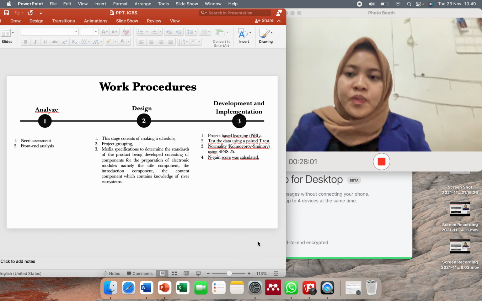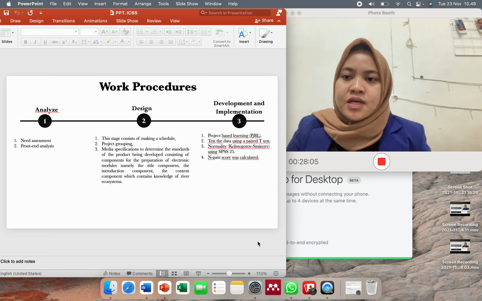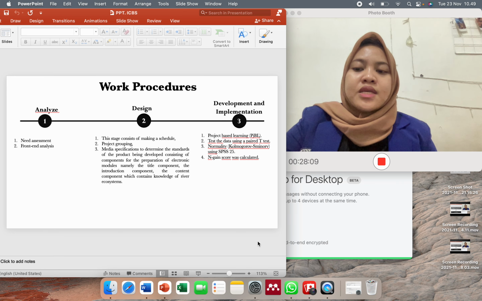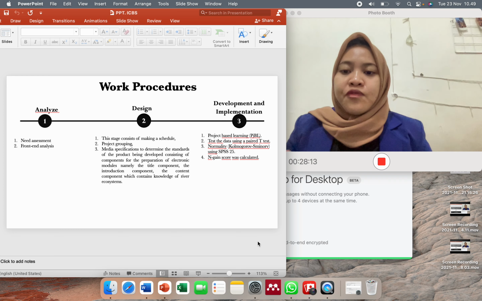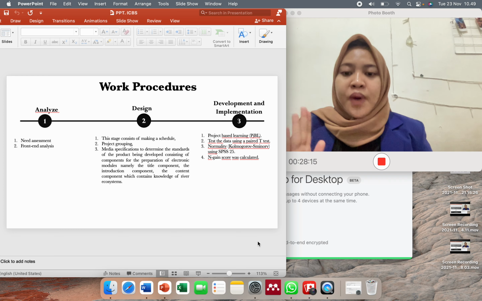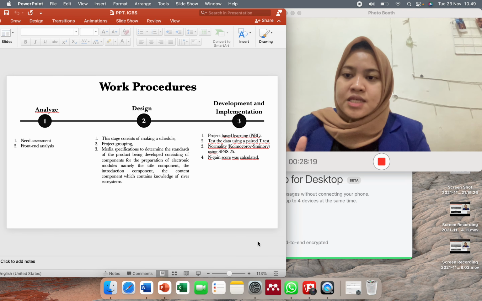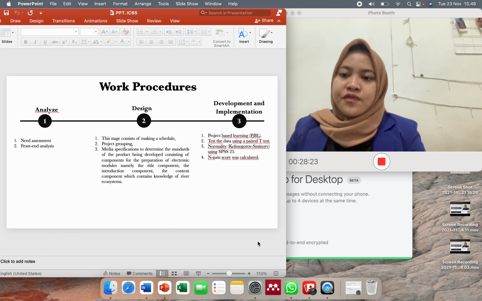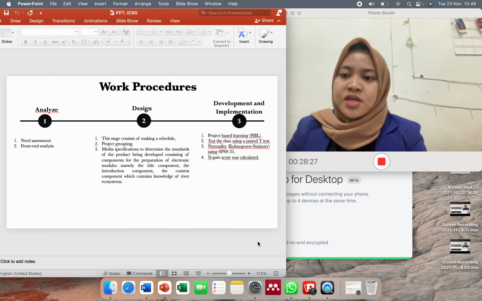For the work procedure, I have three. The first procedure is analyze. This stage identifies the factors causing the problems that occur in the field. The analyze stage has two parts: the first part is a needs assessment and the second part is an analysis.